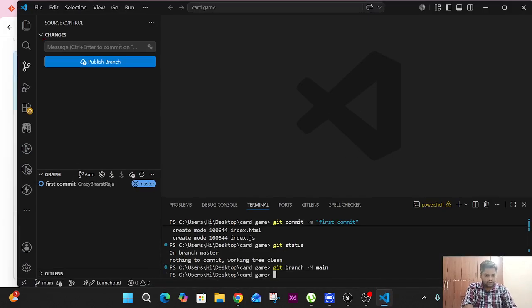By the way, in the real world, we are not going to push things into the main branch. Your lead will give you permission, create a developer branch, and give you access, and you have to raise a PR request, and the lead is going to review the code and merge it into main. So that's what we are going to see now. So, next step,